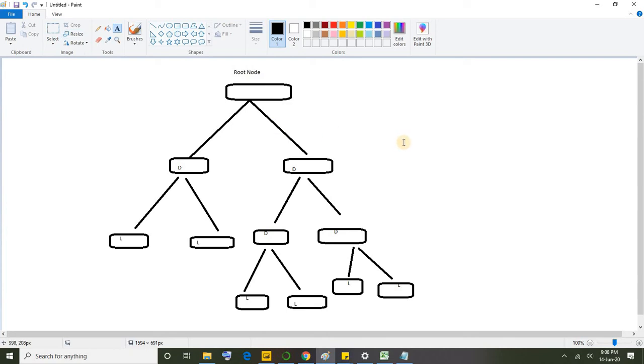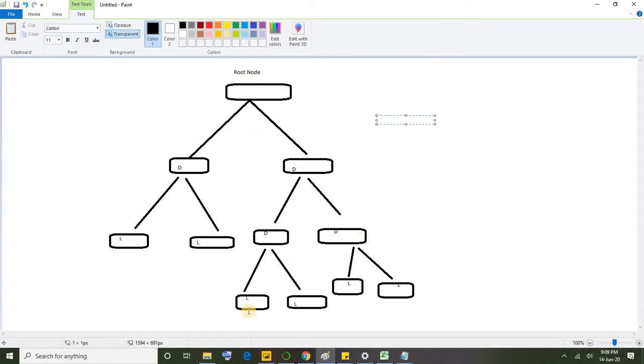This is how our decision tree algorithm will split the dataset into multiple levels. It will predict the outcome. Alright, I hope this is clear.